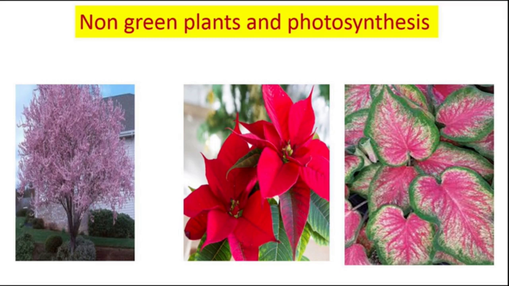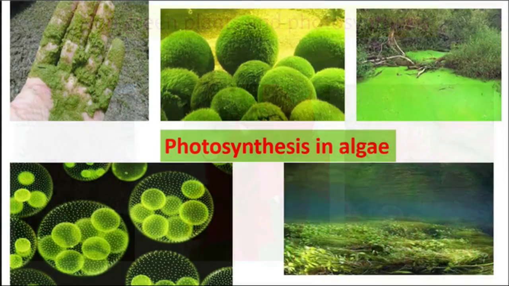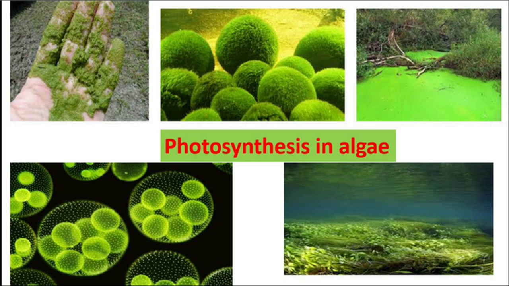So next, moving on, sometimes we see slimy green patches in ponds and lakes where the water is stagnant. What is stagnant? Stagnant means water which does not flow, especially like a pond or lake. These green colored slimy patches are called algae. So what is the color of algae? You all know it's green. So algae also contain chlorophyll and they can prepare their own food.